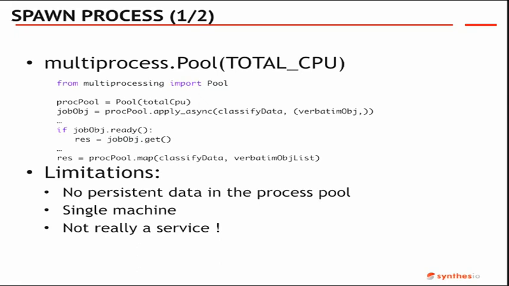But of course, first of all, there's no persistent data. So if you do it just like that, you're going to have to load half a gig every time you have one piece of data to load. So if you have a message of 1 kilobit, you need to load half a giga. Also, it's a single machine as it is, and it's not really a service. To do a service, you need to do a lot more. And the objective was not to do something from the ground.